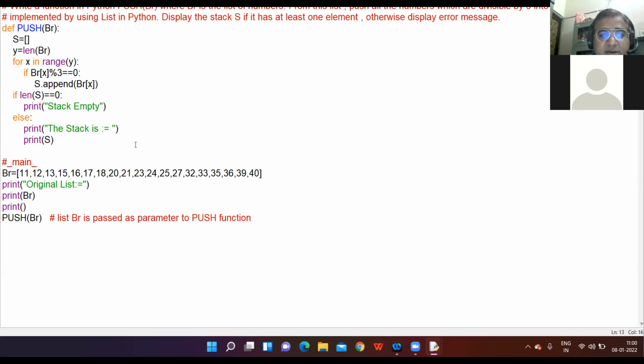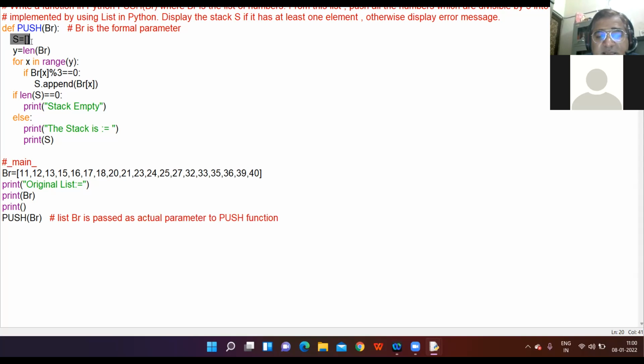This is the push function. This br is the formal parameter, and this is the actual parameter.